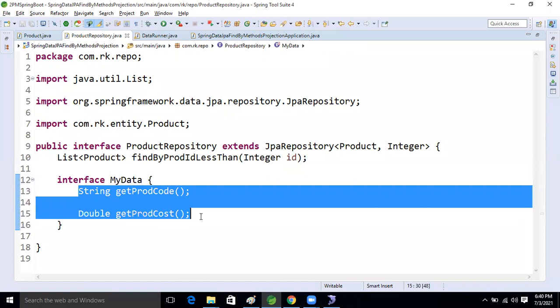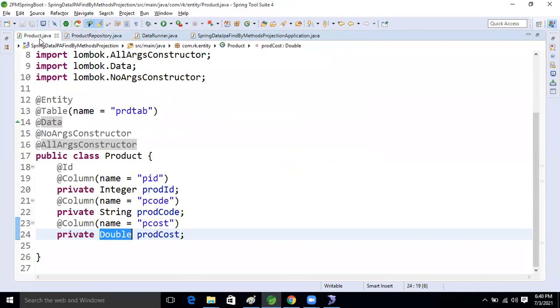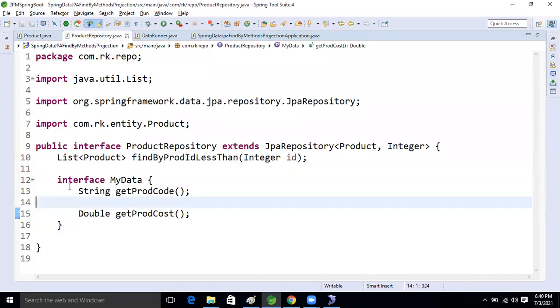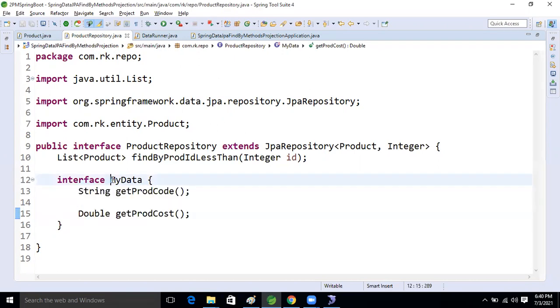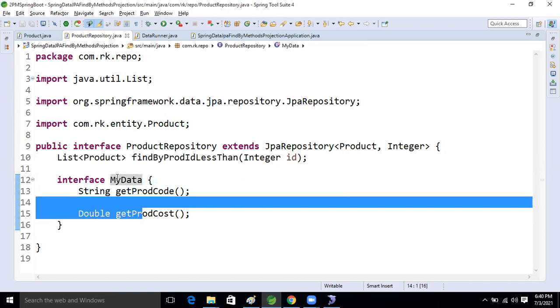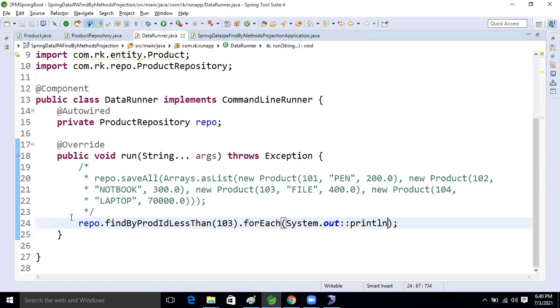Like this we will specify in one interface: whatever data types we need to select, those data we will take inside this interface now, guys. Okay, good. So after that, what will we do now? We will call this one, right? Based on this method, sorry, the interface name. We will come inside that, our runner class.